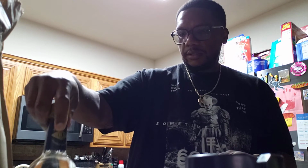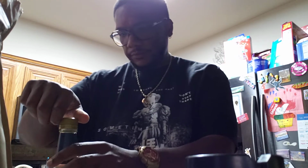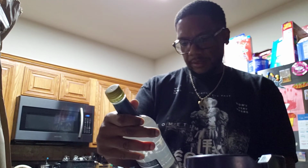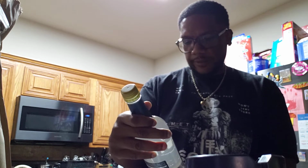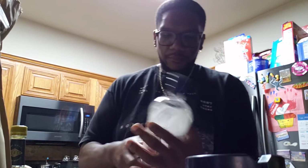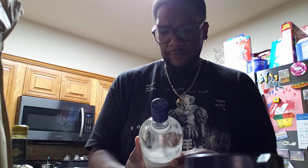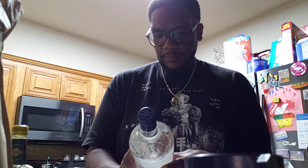It's a glass bottle, obviously, and it's 190 proof, 95% alcohol. They want you to use something at least 80 proof, so it'll work. I did buy some vodka just in case. I thought I was gonna use both of them. So one's 82 proof, the other is 90 proof. So roughly the recipe is